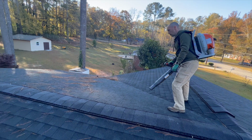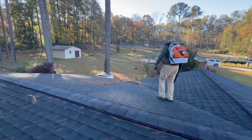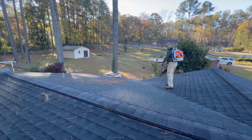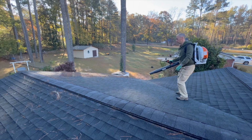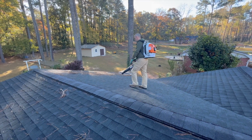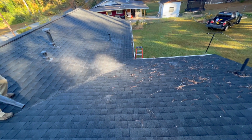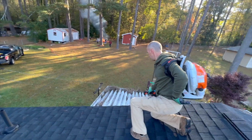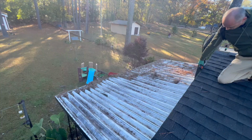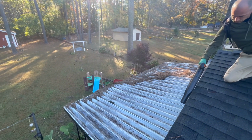There's two reasons why we do this. Number one, it's way more fun than using the blower on the ground. It just adds an extra element of excitement. And number two, the homeowners are really concerned about Christmas coming up and Santa having to use the roof and evidently pine straw. I couldn't tell if it was genuine concern for the old guy or if it was more of a liability issue. But at any rate, we weren't sure about Santa's aim, so we took the liberty and blew off this